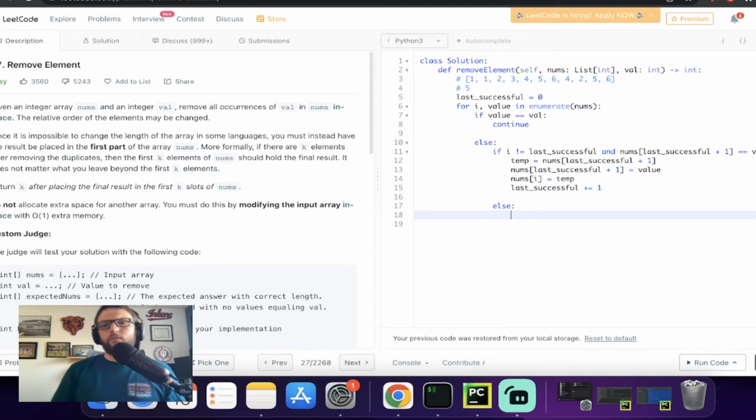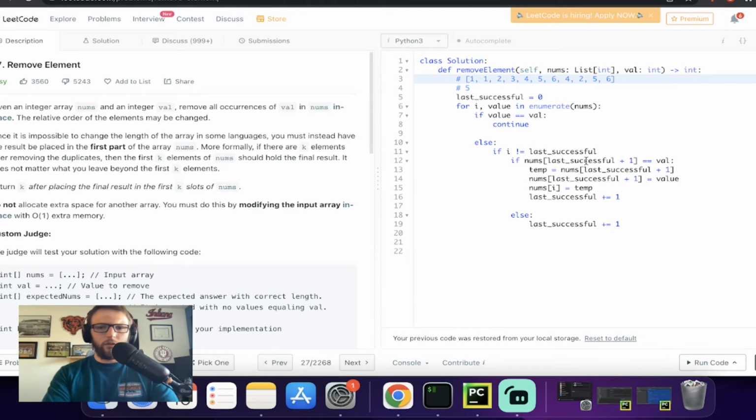Else, okay, so i is equal to the value. Ooh. Okay, so this can actually look like this. Okay, so let's work through this problem really quick. So of the logic that I have right now, you're going to start off with 0, 1. If 1 is equal to, in this case, what would it be? 5. It's not, so it's going to continue on. It's going to say if i is not equal to last successful,